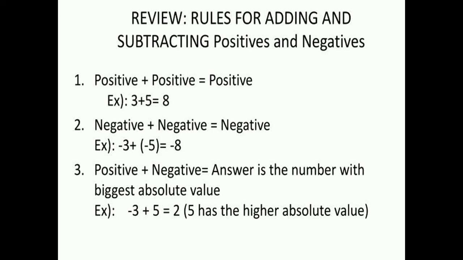For example, if there is one integer minus 3 and one integer is 5, so minus 3 plus 5, they are of opposite sign. So you simply subtract 3 from 5, 5 minus 3 is 2, and because 5 is of positive sign, the answer will be plus 2.